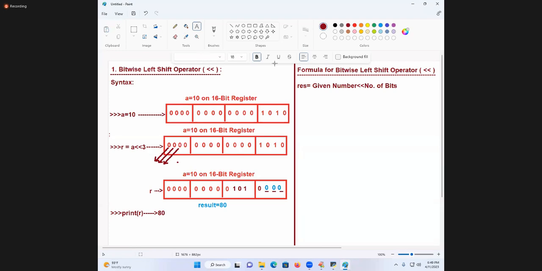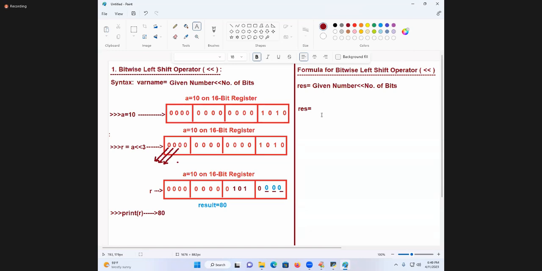Variable name is equal to this formula. Left side, I'll write variable name. Variable name is equal to. Come on now, what is the formula for this? Shortcut. Result is equal to